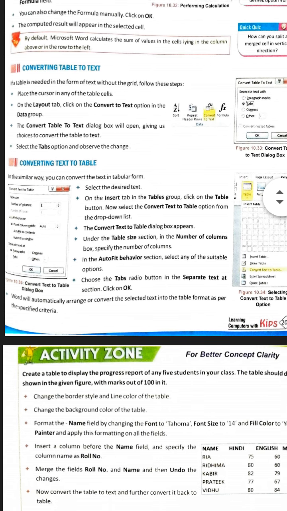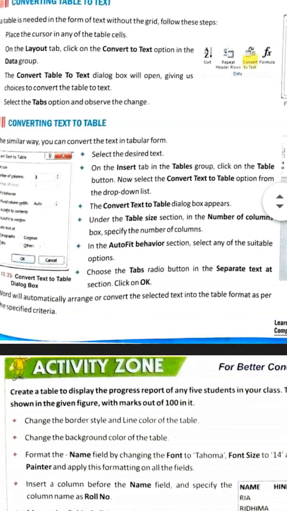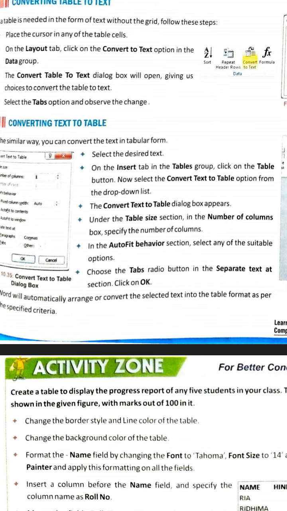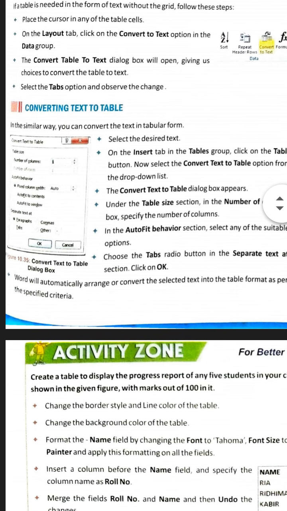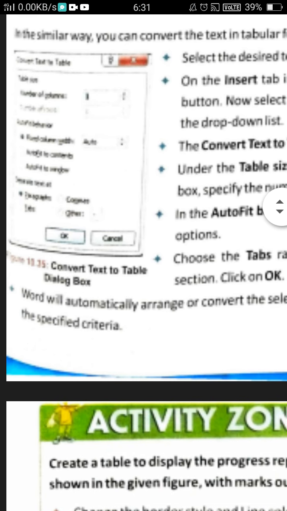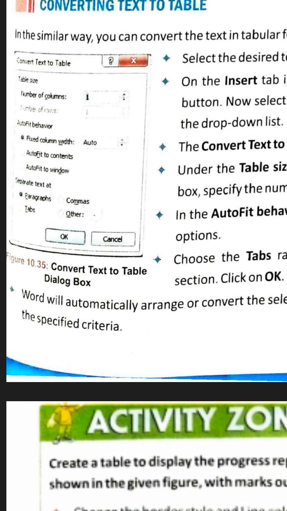After that, go to the insert tab. In the insert tab, table group, click on table. Now select convert text to table. When you click on convert text to table, this dialog box will come up. It is asking how many columns you want in your table.